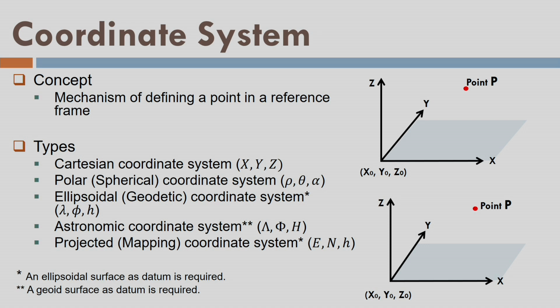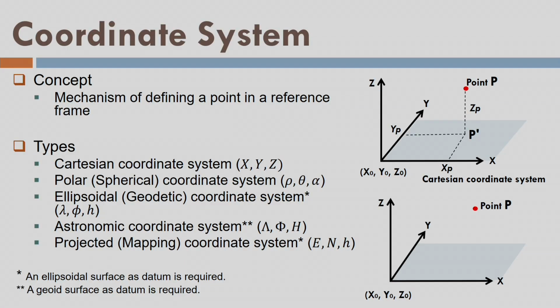A coordinate system is a mechanism of defining a point in a reference frame. Remember, we have already defined the reference system, and we defined that the realization of a reference system is a reference frame. Let us see, I want to measure a point in 3D. So how can we measure? Let's say there is a point P and there is a reference frame called XYZ, and it has an origin at point X0, Y0, Z0. Now I am showing you three measurements: ZP, that is along the Z direction, XP, and then YP, and such a system I call the Cartesian coordinate system. Well, it is well known to you, and we have been using such a Cartesian system for long.